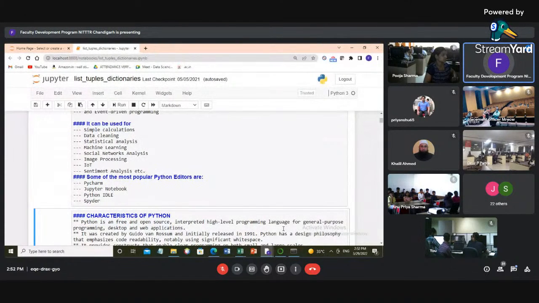I hope you might have observed where your Python is stored on the machine. So if you know the exact path of the Python folder where it is installed, you can simply copy that particular